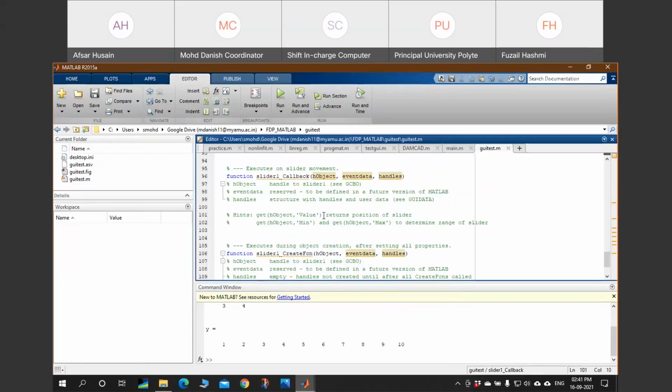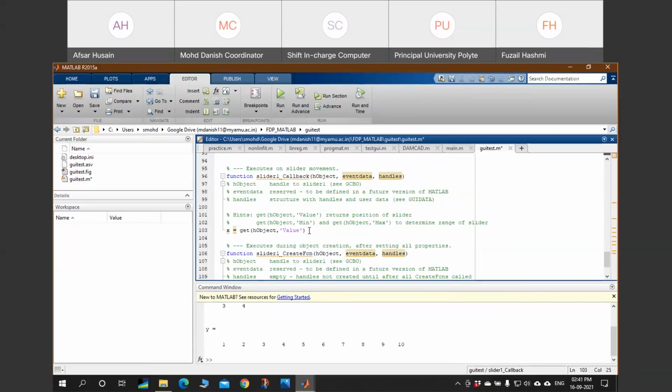Suppose, let me write this command, say x is equal to this command. I am leaving it without a semicolon intentionally, to see in the command window whether it is working properly or not.